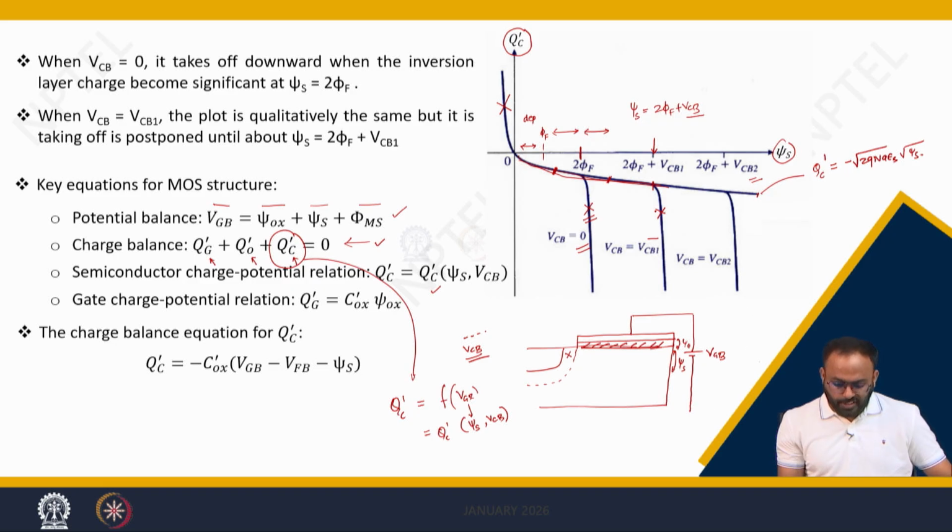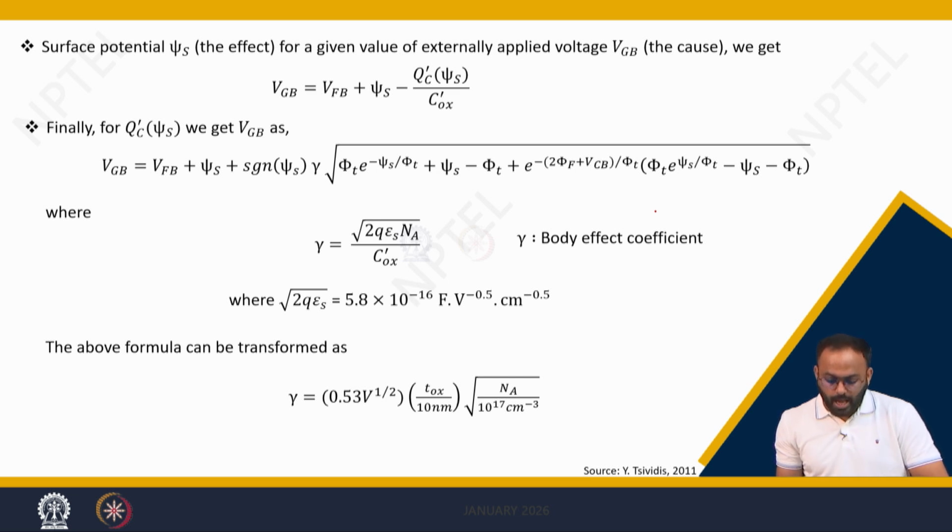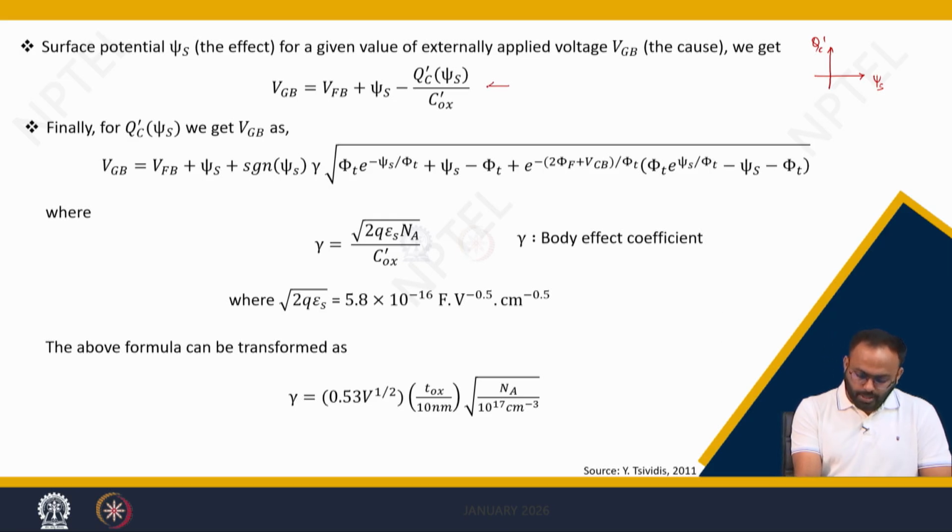Let us see the impact of VCB on other parameters like capacitance and the effective gate voltage. As we have discussed already, it is not of interest how my Qc dash varies with surface potential, rather I need to see how my Qc dash or psi s varies with gate to body voltage, because the gate to body voltage is an independent variable which you are applying externally, and you need to see for what amount of VGB, what amount of surface potential is coming up, and for what amount of surface potential what is the gate charge, correct. So, we need to rewrite this potential balance equation,